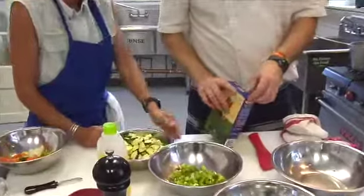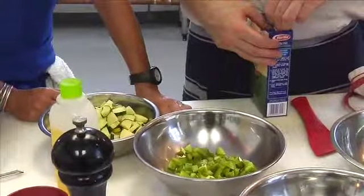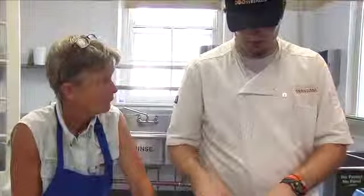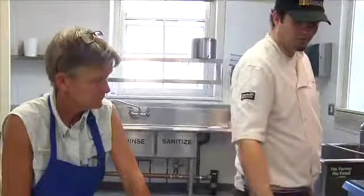You could use leftover spaghetti. You chop it up. Capellini. Elbow macaroni. You could use rice if that's what you have. Rice, actually, leftover cooked rice added at the end gives it a real nice texture and a little bit different flavor, but